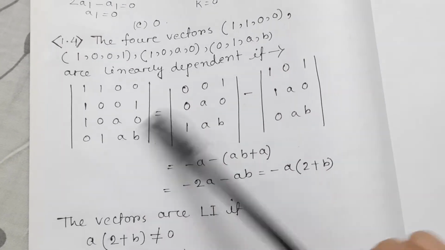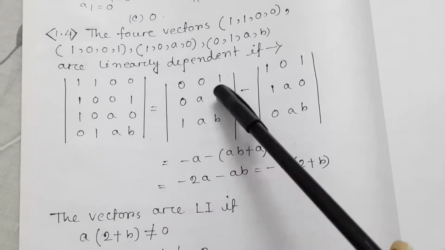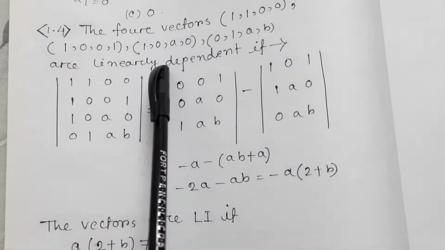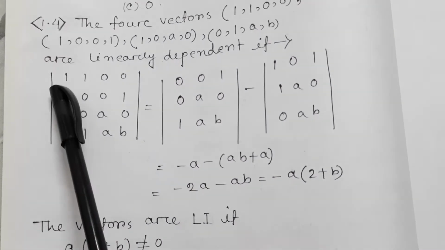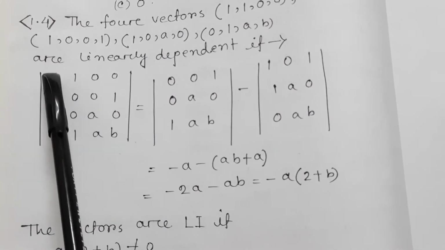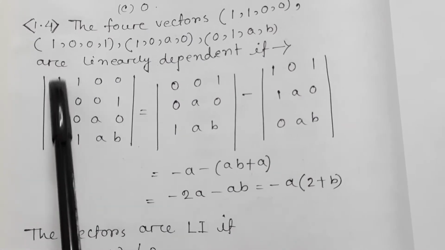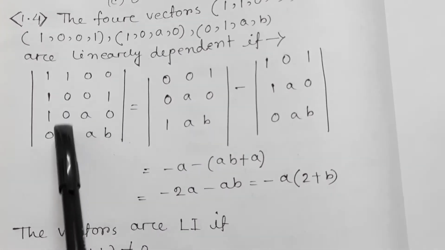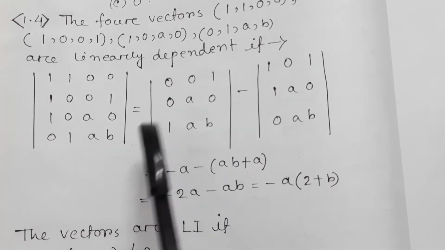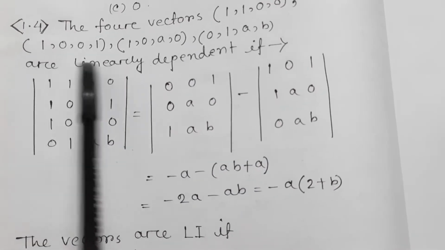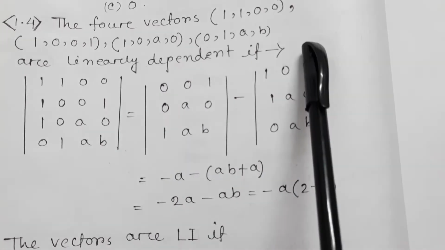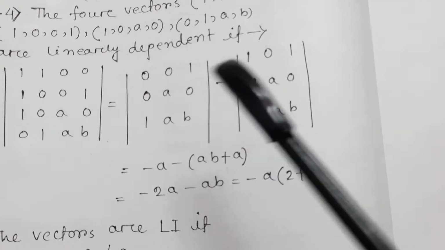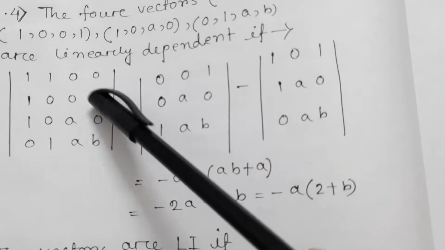After that, we do the expansion, like a 3 cross 3 matrix. Take this row. For the a11 element, we get this one, that means 0 0 1 0 a 0 0 a 0 1 a b. For this one, 1 0 1 1 0 1 1 a 0 1 a 0 0 a b 0 a b. For 0, obviously 0.